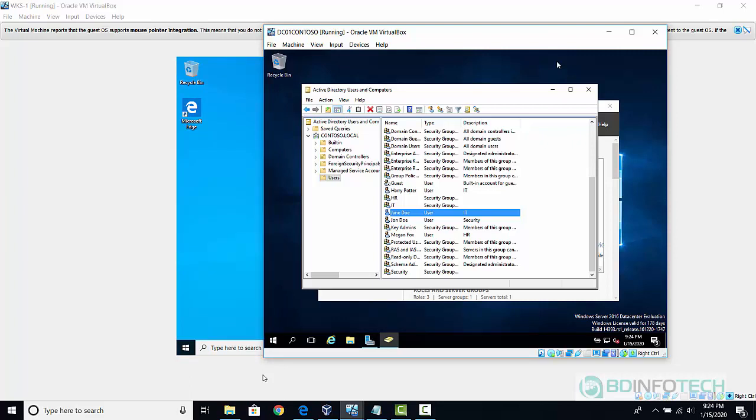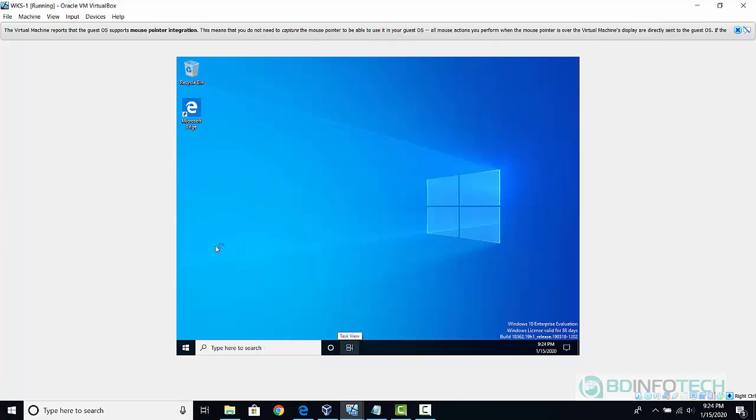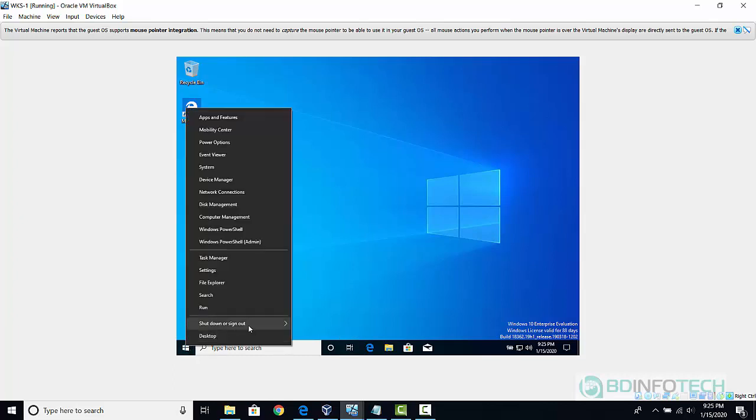For instance, the user has got the H drive for the home folder, but how will that user be able to see the shared folder? We haven't done anything for that. So let's go back to the Windows 10 workstation and log off, because nothing will happen here. So we'll go ahead and log off,